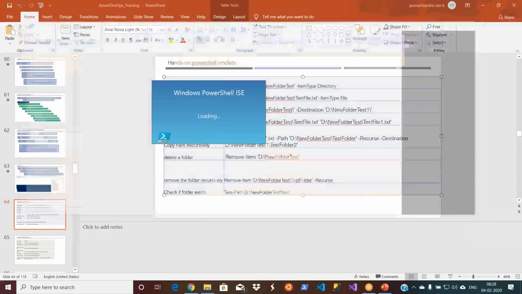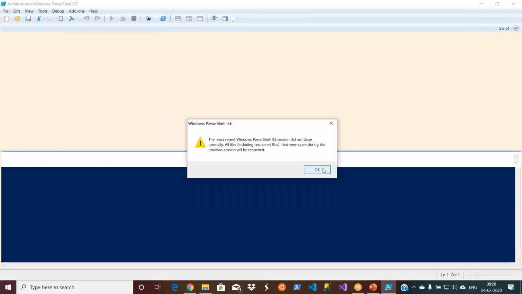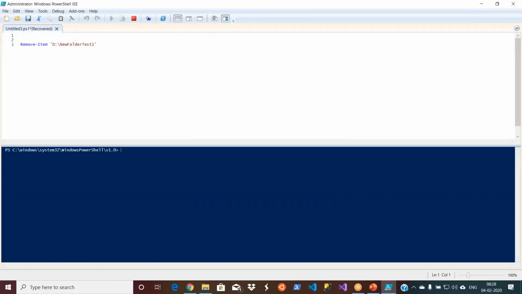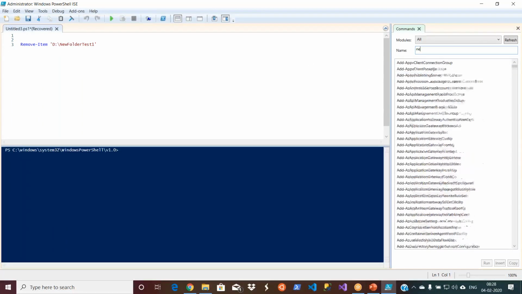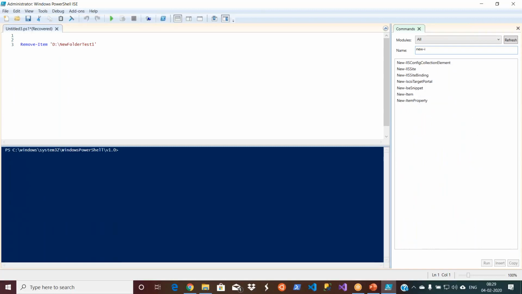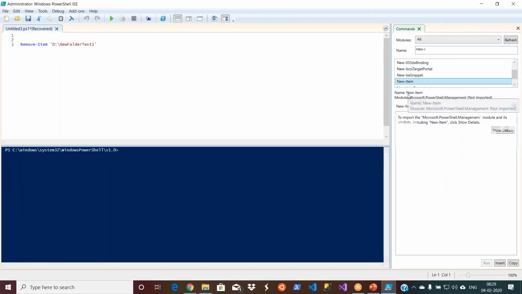So there are many easy ways to understand your commands. Where is my command? Looks like I unnecessarily. Yeah. Okay. So you have your new item. Just open this command, and now let us say insert.